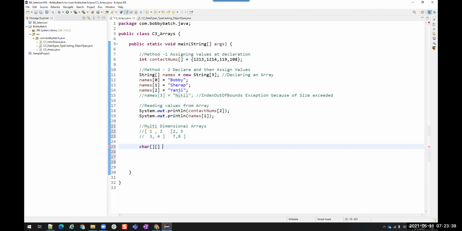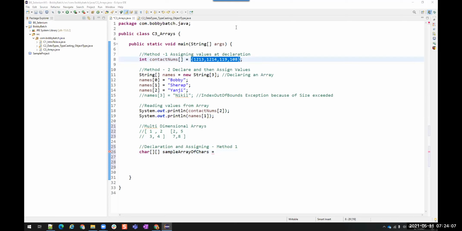So I say sample of characters. This is method one, declaration and assign. What is method one in a single dimensional array? You can use these flower braces and add all the values you want.